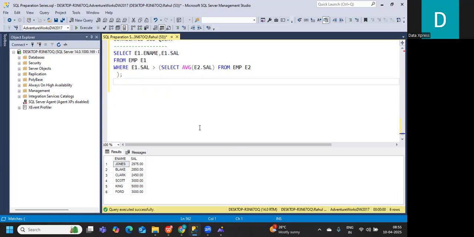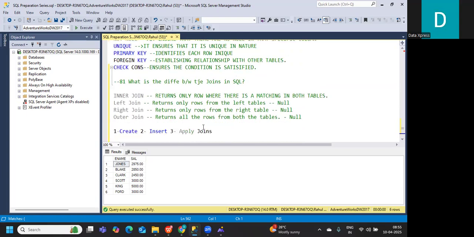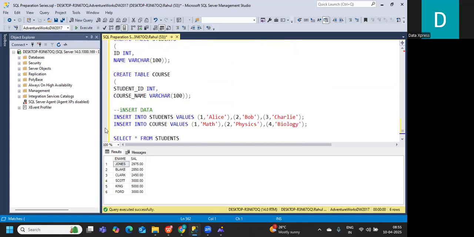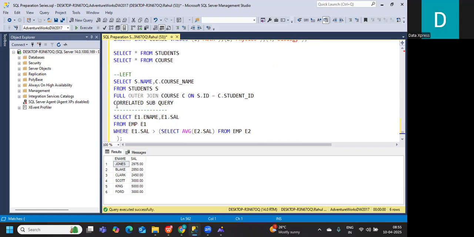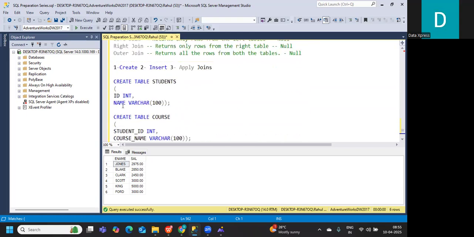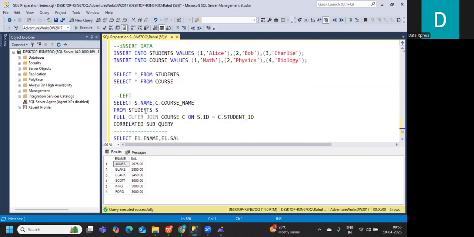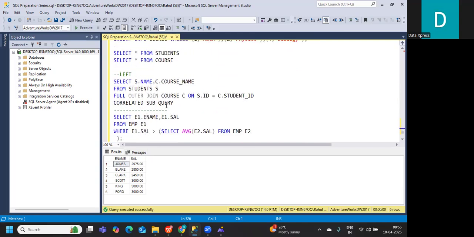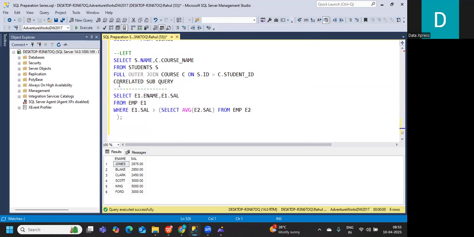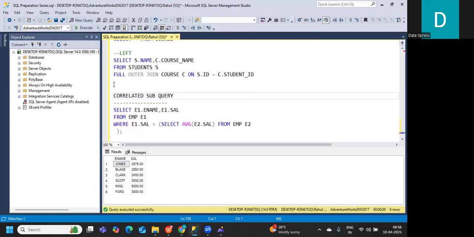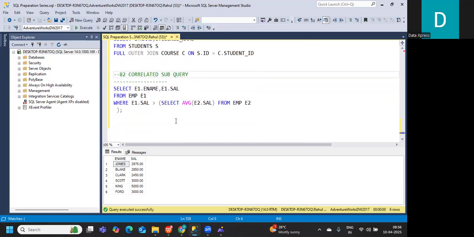Next is about windows. What is the question here? 81. So far we have discussed 81 questions in this. All of them are important here. Okay, so this is correlated subquery. So that's our 82nd question. Next is